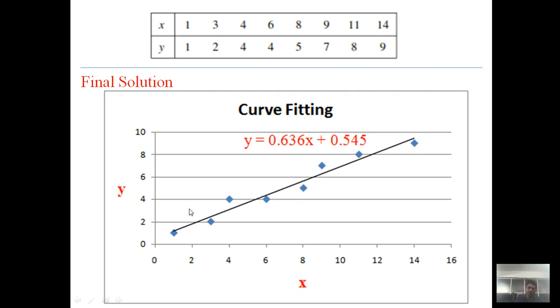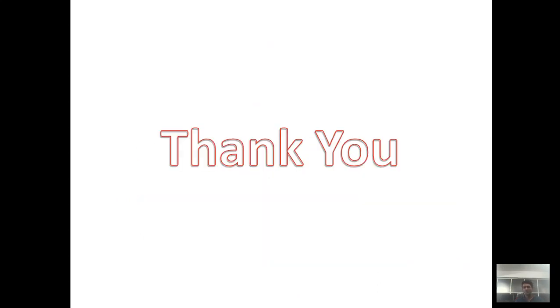If we see carefully, our aim is not to find the equation of the line which covers the maximum number of points. You can see this line covers only the first point, because our aim is to find the best equation of the line in such a manner that the sum of di square is a minimum. So this is our final output, and this line is known as the least square line, and the whole procedure is known as the least square method. Thank you so much for paying your attention.